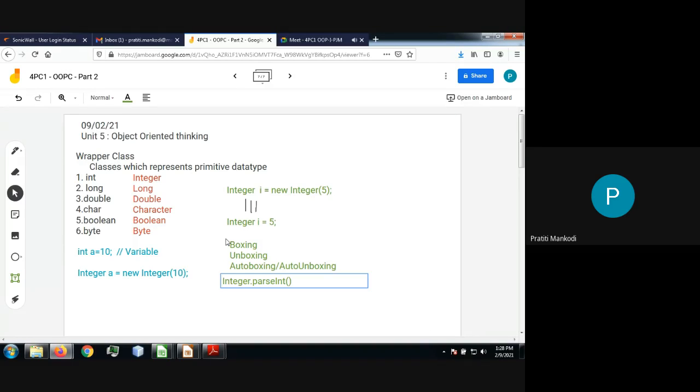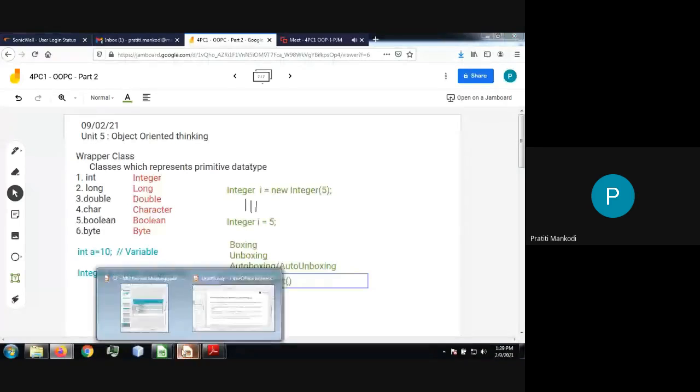For every primitive data type, one class is associated. And what is the need of having a class? Some Java applications or concepts are such that they will only accept the input in the form of an object. So if you want to store a primitive value there, you are supposed to convert it into an object and then place it inside that concept. I will justify this later in the session.